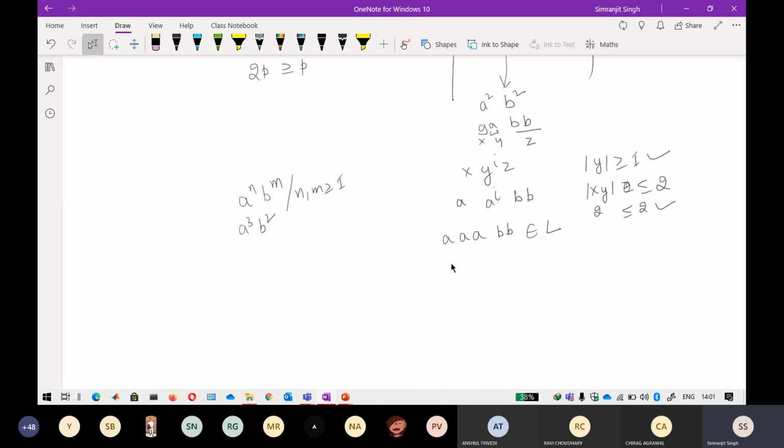Now if you again pump it, 3 A's then B's, it will again belong to the language here. Okay, so it will become 4 A's and 2 B's. So I don't think there is any problem about it. Okay, so if you are pumping it again, you can write it like this: a star and b star. Any number of A's can come followed by any number of B's. Okay, so that can happen here.